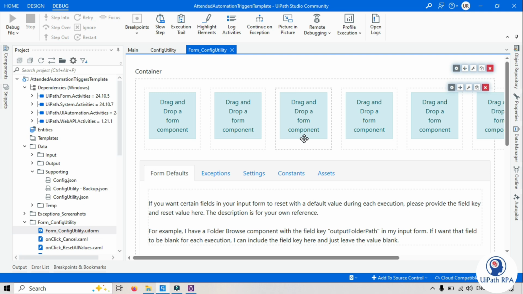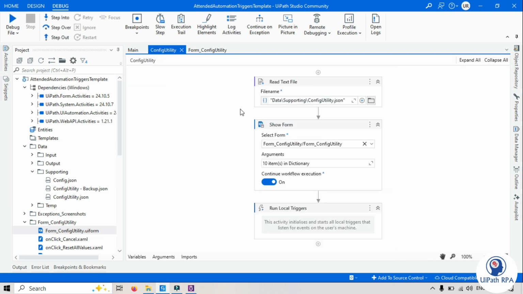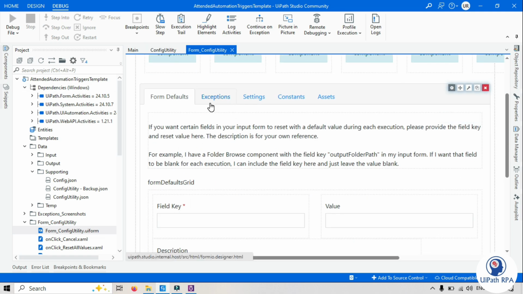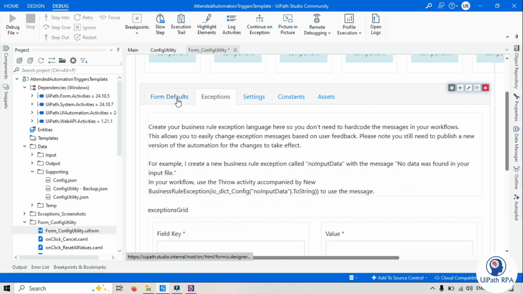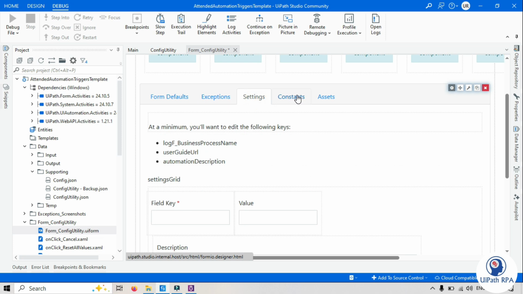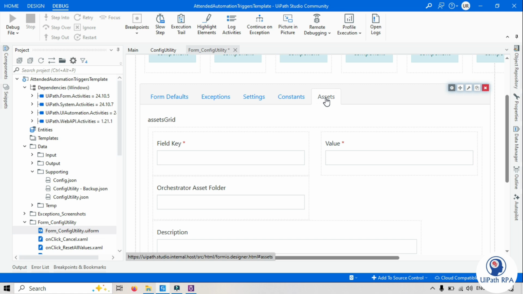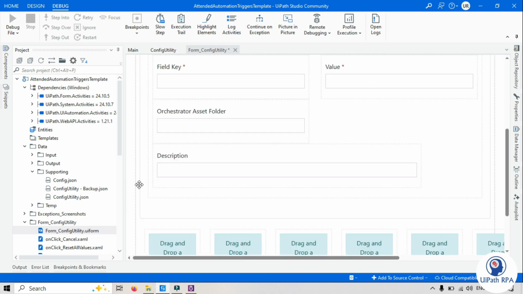Here, the config utility provides a form-based configuration panel, which will show here, where the user can define settings, default values, exceptions, constants, and assets values for the bot to use during execution. You understood it, right? It means we need to run this workflow separately and update the default values before running the actual process. For example,